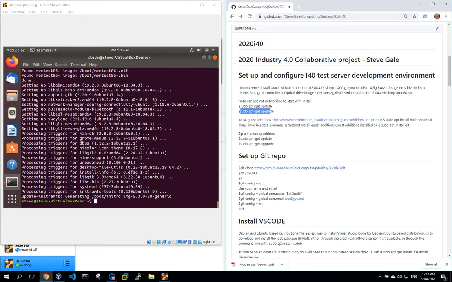So the next thing we want to do is install the 18.04 guest editions. To be able to do that, we first of all need to execute this command. So I'll execute this command. It's sudo apt install build-essential dkms